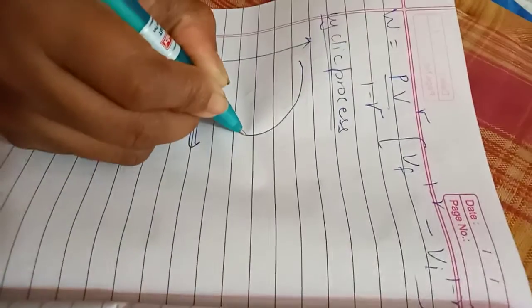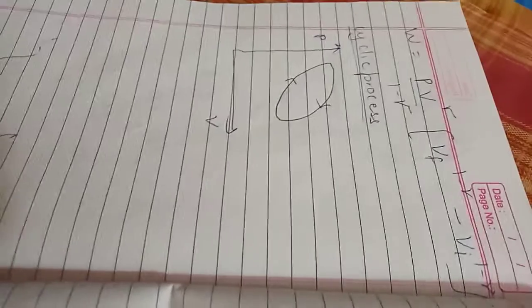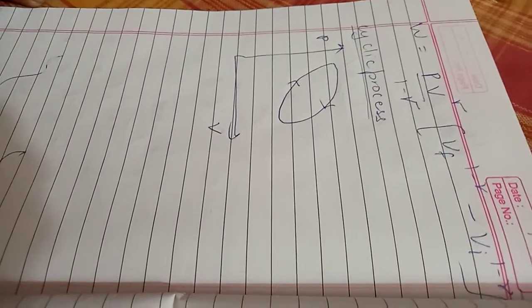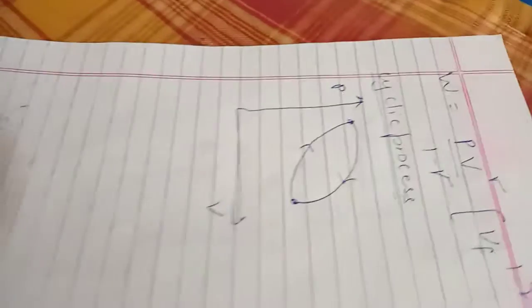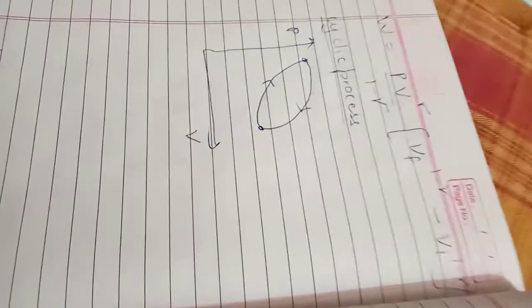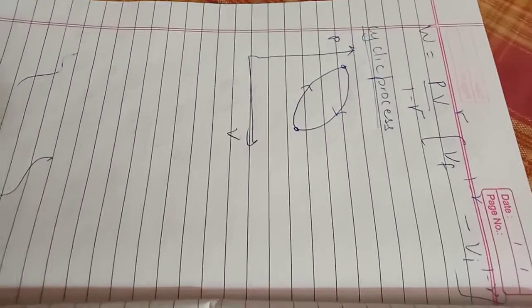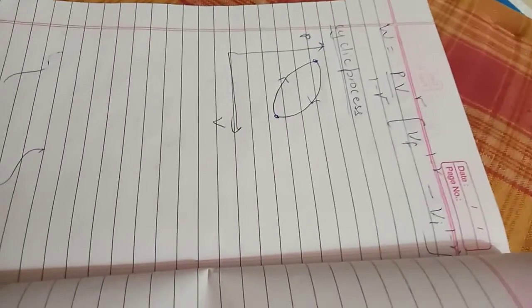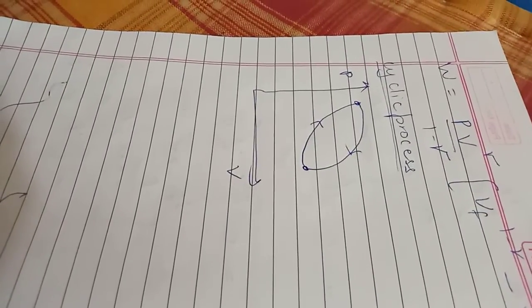See here, let me say this is the forward process and this is the reverse process here. So when you plot a graph of pressure versus volume, the system reverses its direction. Hence, the initial and the final conditions are constant, students. That's it. This is what is called a cyclic process. A cyclic process is a process where the system can be reversed and the condition of the system can be brought to its original form. That is called a reversible process. That's it. Or a cyclic process.